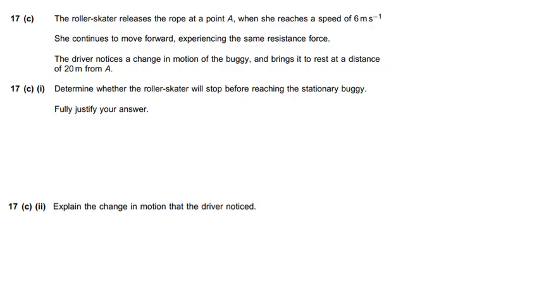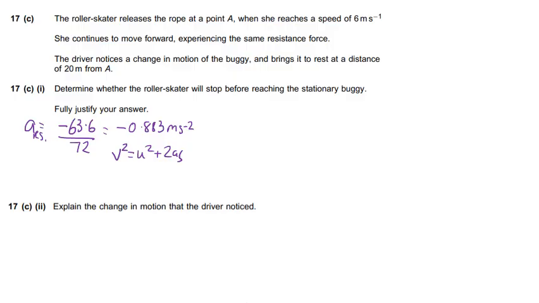Okay, well, let's work out first of all the acceleration of the roller skater. So we've got the force acting on them is just the resistive force, minus 63.6 against them, and divided by their mass. So this is just F over m. So we get minus 0.883. And it must be negative because it's a decelerating force. A deceleration, I should say. So minus 0.883. So then if we use v squared equals u squared plus 2as,